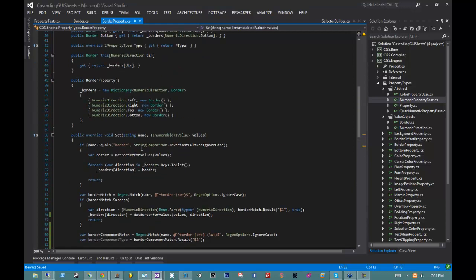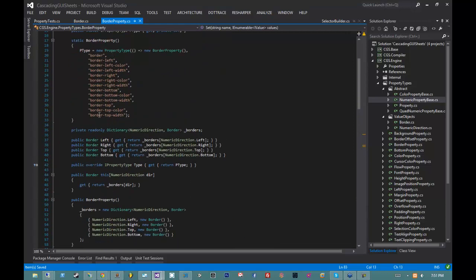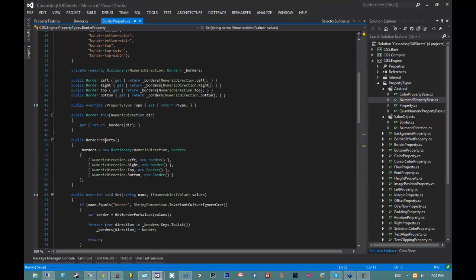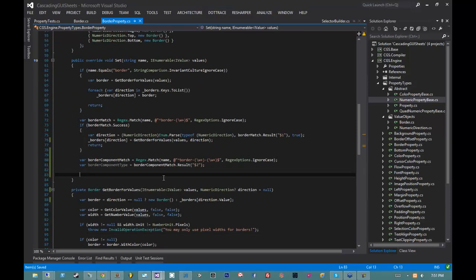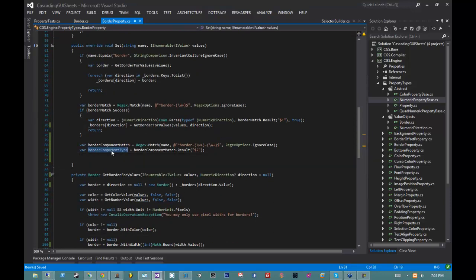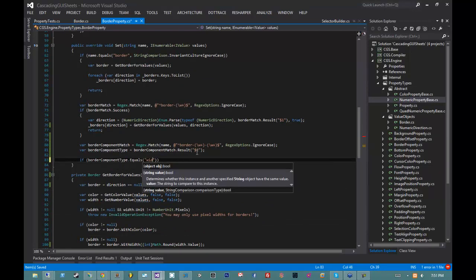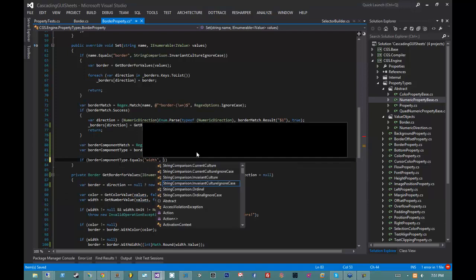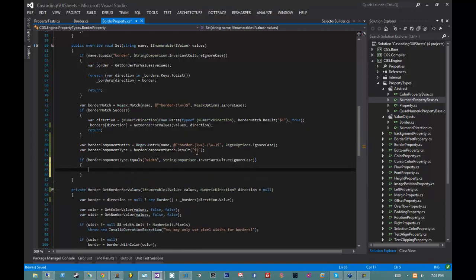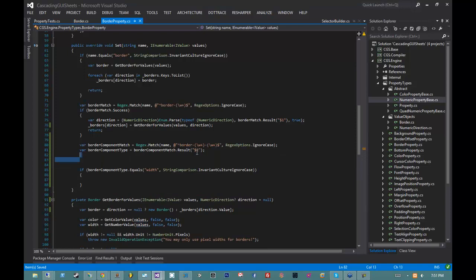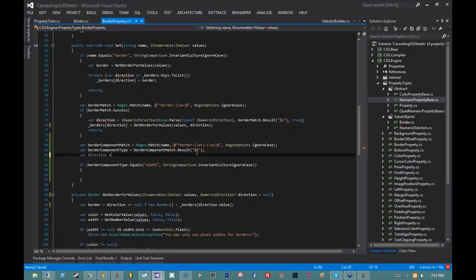Now, we know this regex is going to pass. We know that because we only have a few different kinds of formats that are even allowed to ever be set into the set method, so we know it's going to work. So then I'm going to say if border component type is width, then what I got to do is, well, first I'll extract the direction. So var direction equals this,